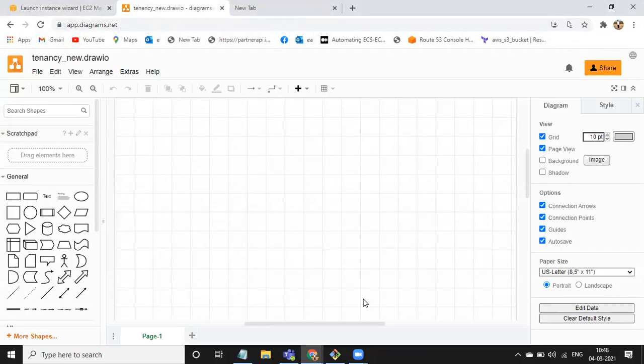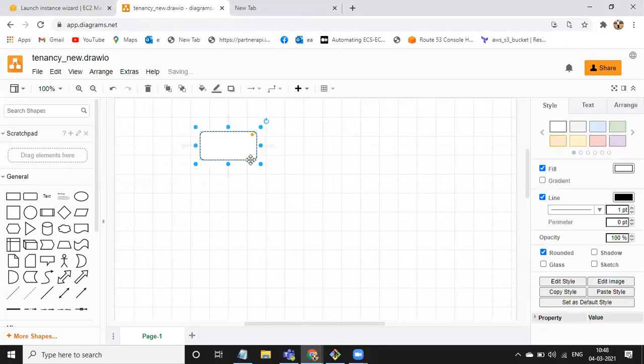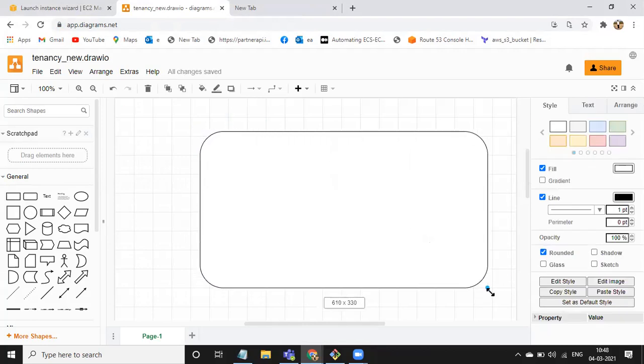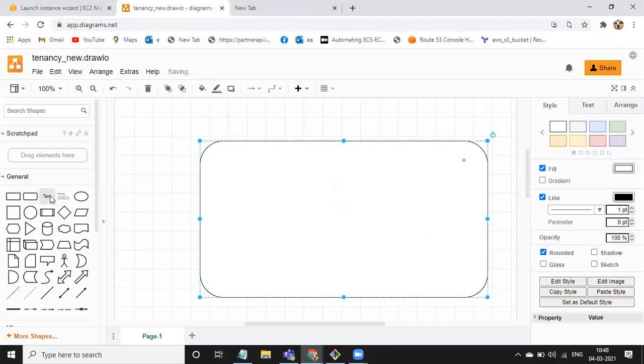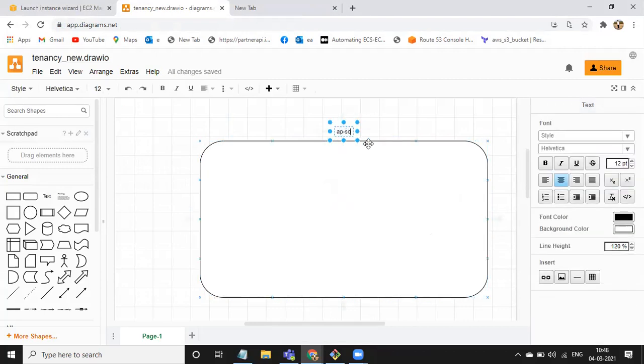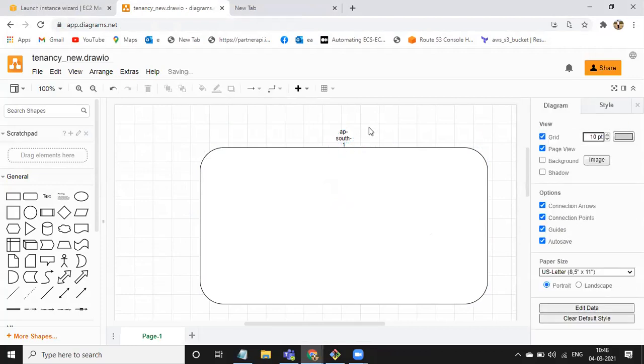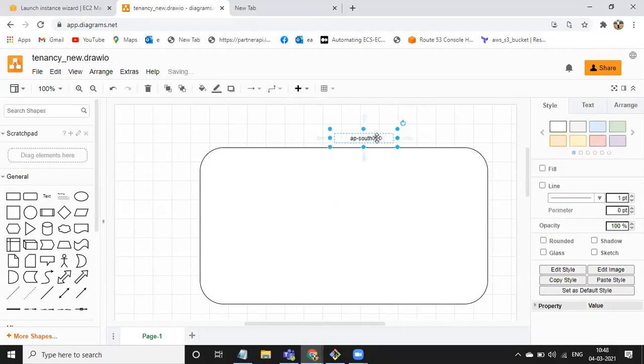So this is an AWS data center, let's say in the ap-south-1 availability zone. Now you are going to provision one new EC2 instance.